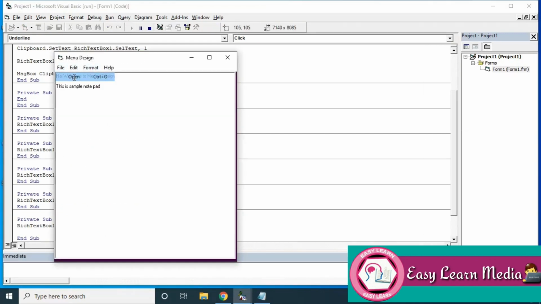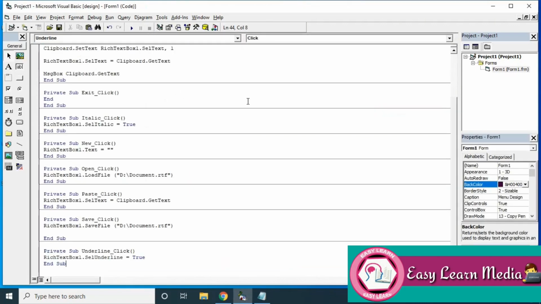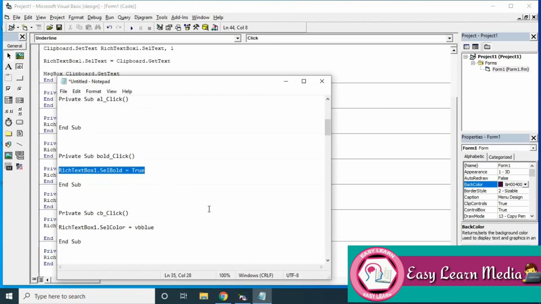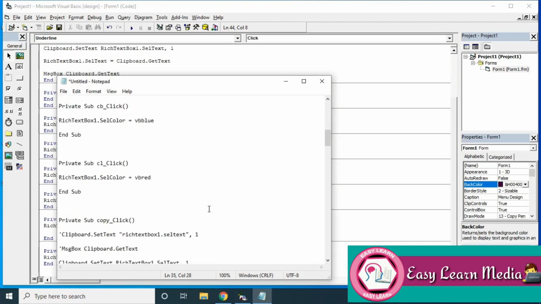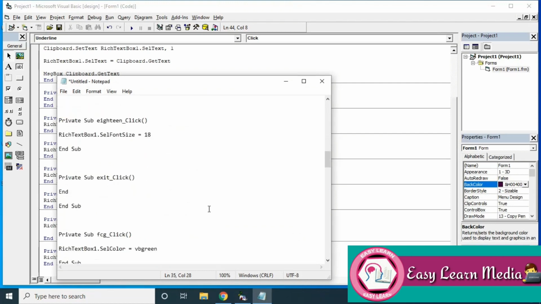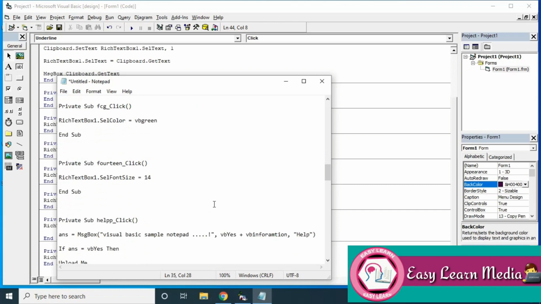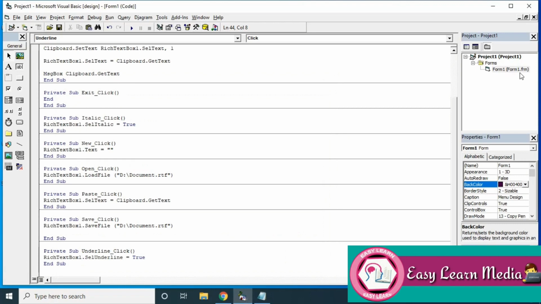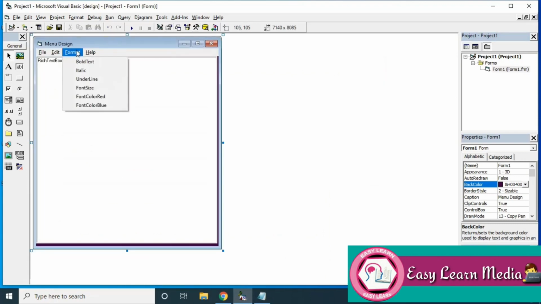And then we have font size increase. So we check whether bold, italic, and underline are working, right? So now we move on to increase font size. It's nothing but RichTextBox1.SelFontSize equal to, we can specify any number based on our convenience or requirement.